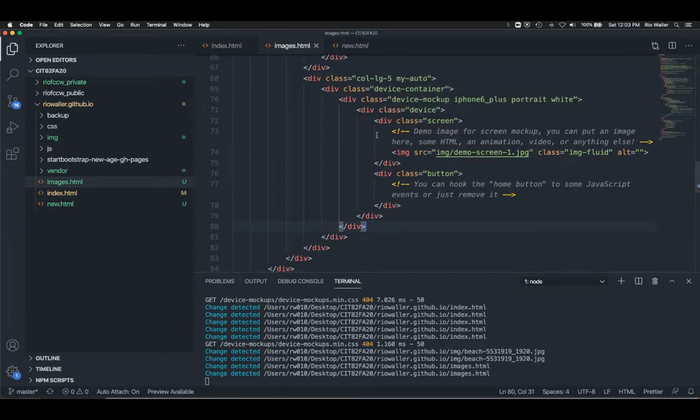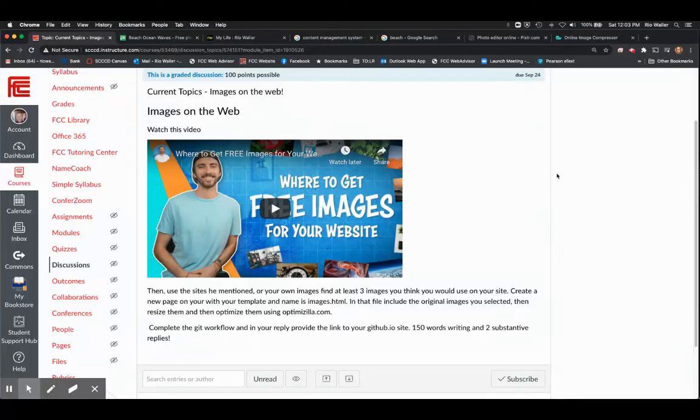I could just come into one of my divs. Notice they already have an image tag, so I'd have to play with that. And this is part of why I want you to play with your template, because you're going to end up adding images anyway. And this is just a good start to do it. So what we're doing is showing you how to get images, how to resize them, how to optimize them. And then you're doing the final step, which is how to place them into your template. Now, they don't have to look beautiful. They just have to be in there, and I want to see a little content.